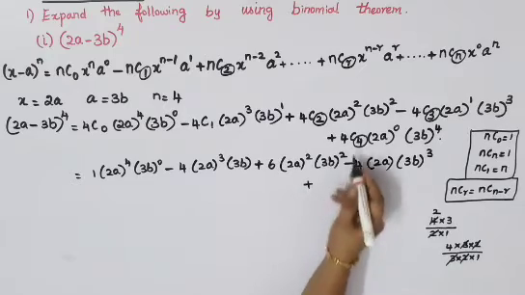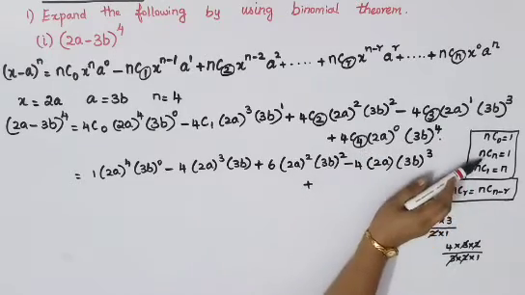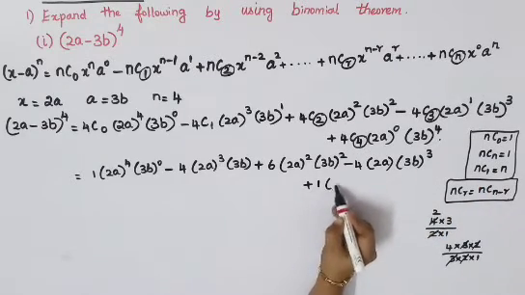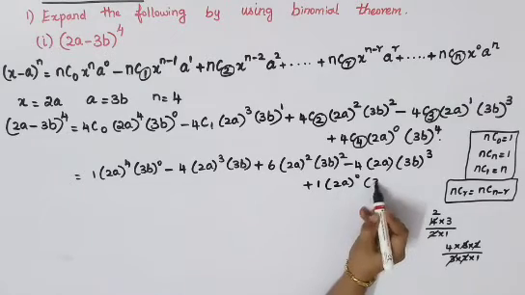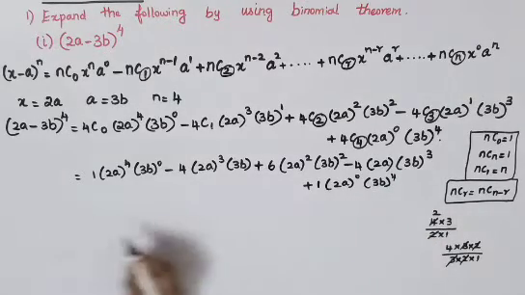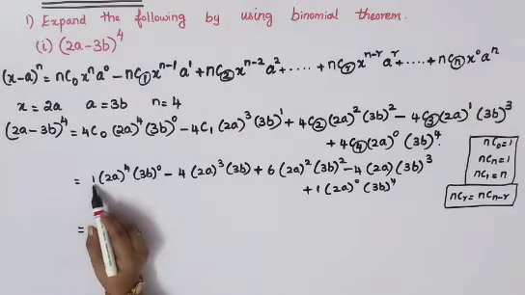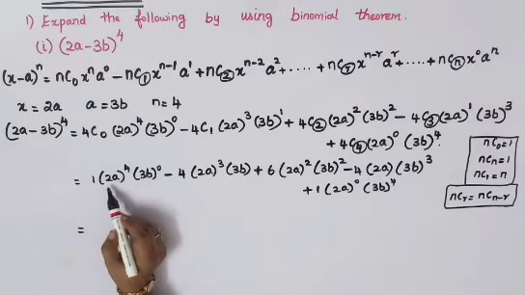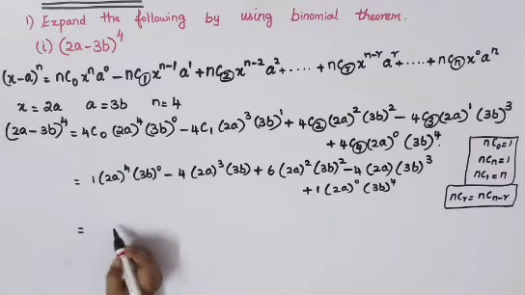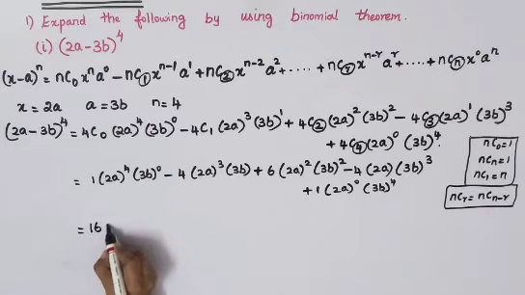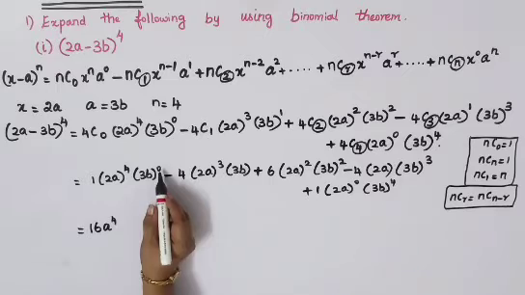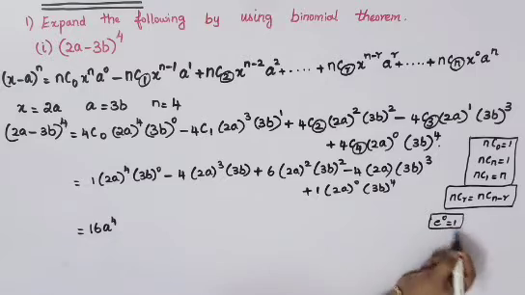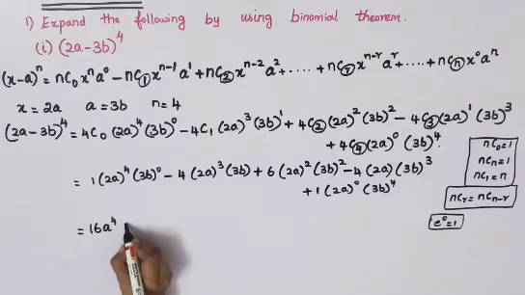Now your last term, this part, 4C4, again get back here, so nCn is equal to 1. So we have got 4C4, that value will be 1 into (2a) power 0, (3b) power 4. So the next step of solving, I will just go for solving. Here 1 is there, (2a) power 4, that is 2 power 4, again a power 4. 2 power 4 is 2 into 2 into 2 into 2, 4 times you will have to multiply, you will get 16, a power 4, (3b) power 0, anything to the power 0 you all know it is 1, so (3b) power 0 you will get as 1.